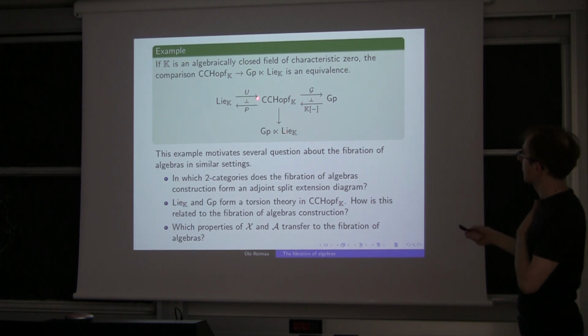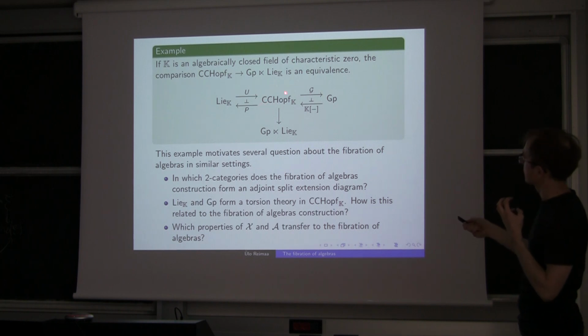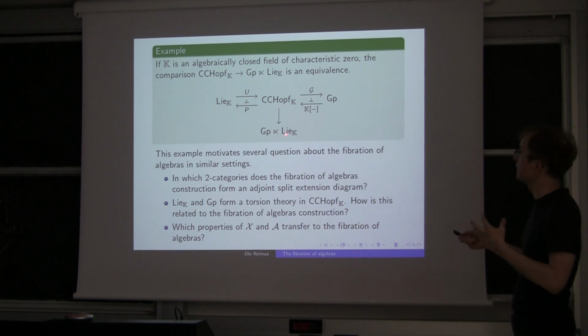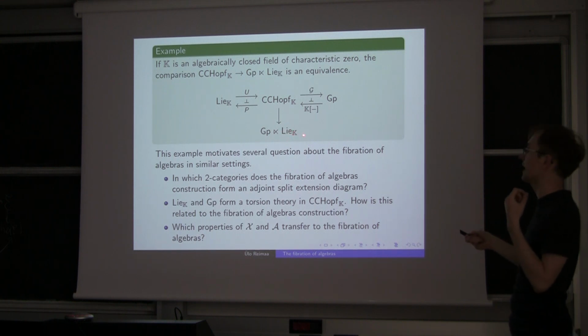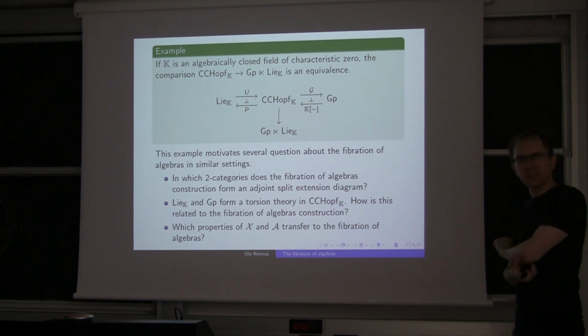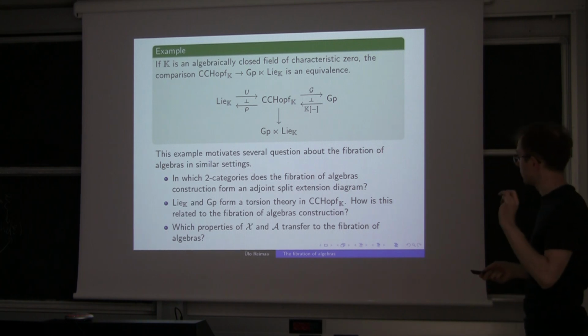So actually we can essentially represent this category, equivalent to Hopf algebras, as the semidirect product of the category of groups and the Lie algebras. And this motivates lots of questions because